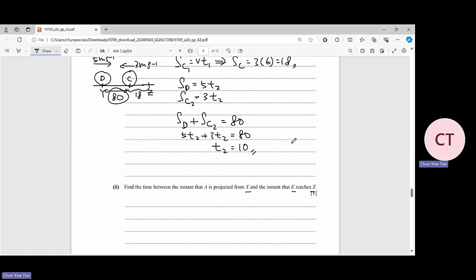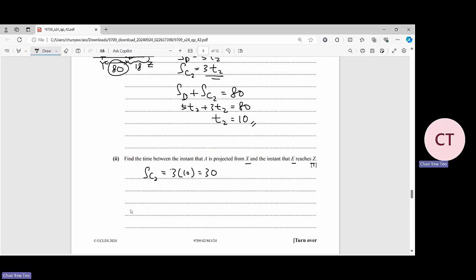So what you need to do now is we need to calculate the T2. Okay, what is the SC2? Okay, so SC2 is actually equals to 3t2. So it's 3 times 10, you get a 30. Okay, so that means what? That means in the